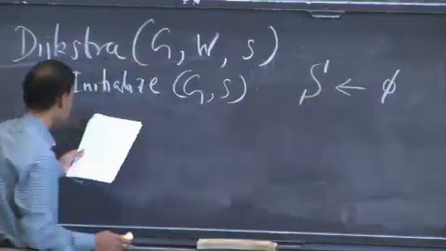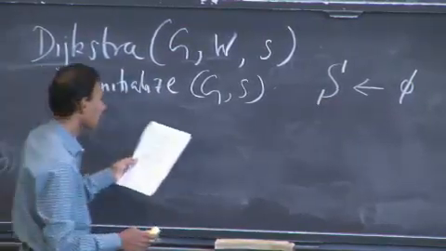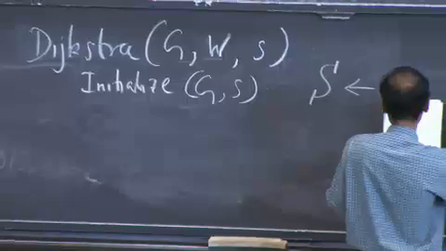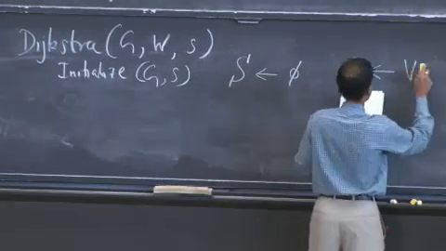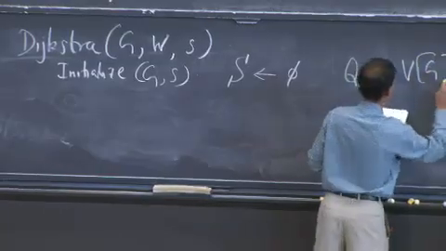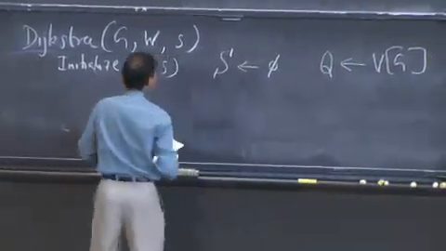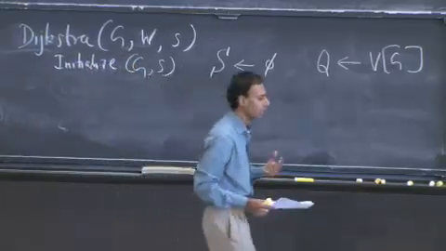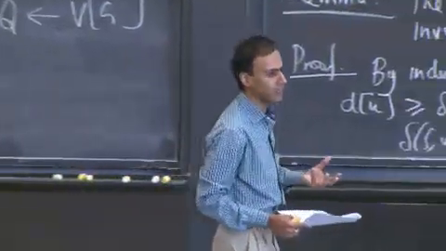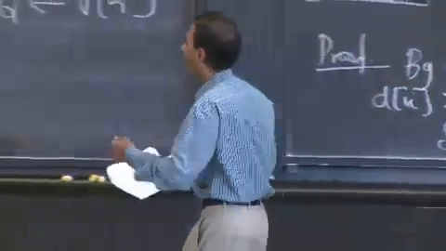So this is a set, capital S is a set. And we're going to initialize that to null. And there's another set called Q, which is initialized to the entire set of vertices. And all this means is that initially we haven't done any processing, and we don't know the shortest paths to any vertex,